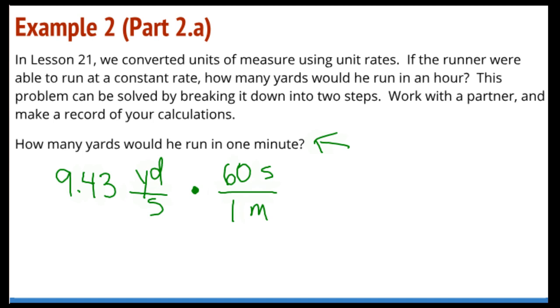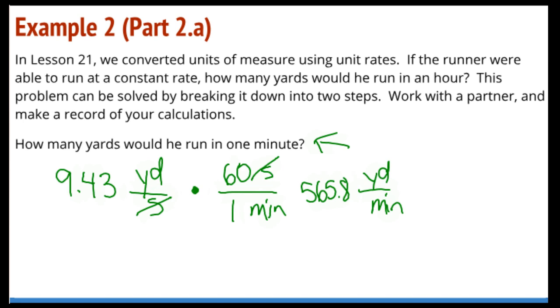So now my seconds are going to cancel out, and I am going to be left with yards per minute. I guess I'll abbreviate minute there. So 9 43/100 times 60. Which is 565